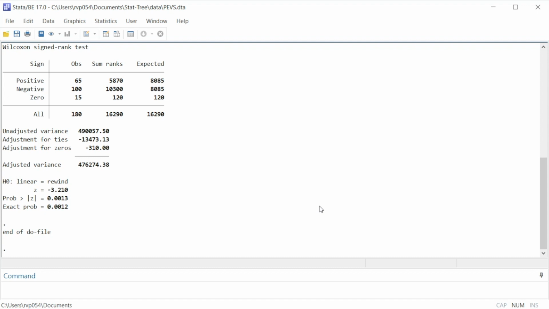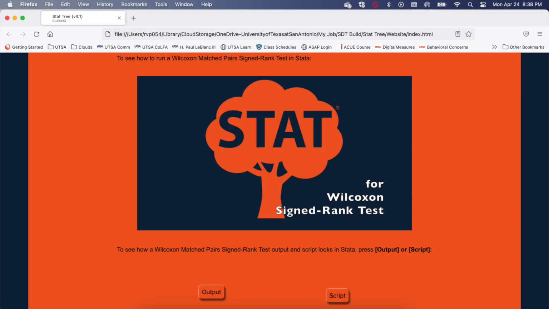You would report this figure as well as the mean and standard deviation figures for each variable. If the significance figure does not meet the criterion, test results do not need to be reported in your research paper. However, you will need to report that the test failed to find a significant difference or relationship in the data. To see what this output looks like, along with a reporting example, press the Output button on the sending page from the StatTree module.